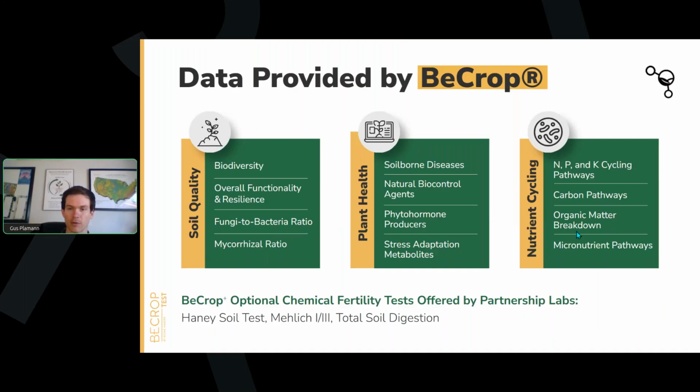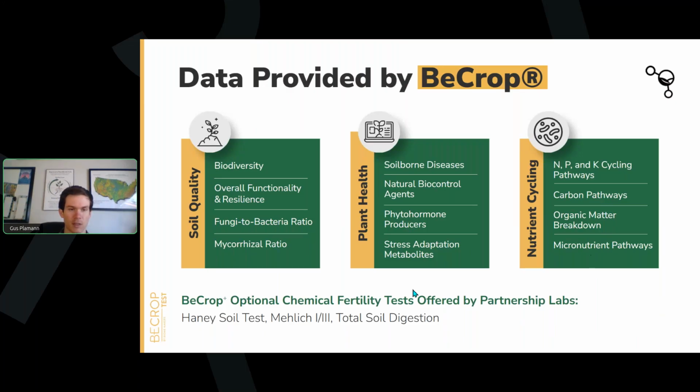And then lastly, micronutrient pathways, the microbes that cycle some of those important micronutrients. A lot of micronutrient deficiencies can be really complex, influenced by soil type and texture. The bedrock of the soil can have a big influence on what micronutrients are going to be prevalent, which ones are going to be locked up. But soil biology is also a really important component there, because we know that a lot of microbes play important roles in both using and releasing micronutrients in plant available forms. So that's another key element, adding another angle to informing how to get to the root cause